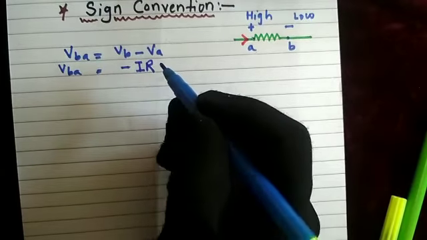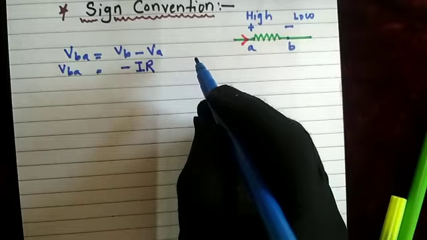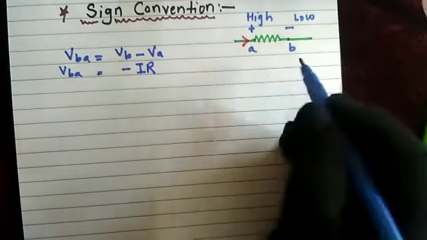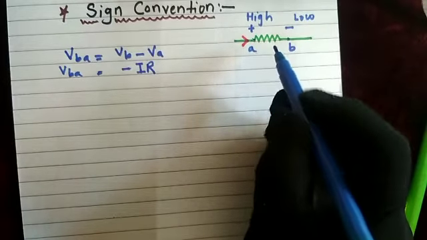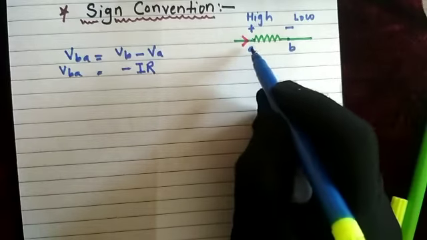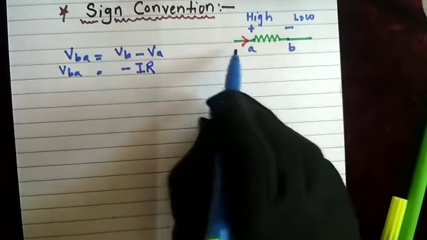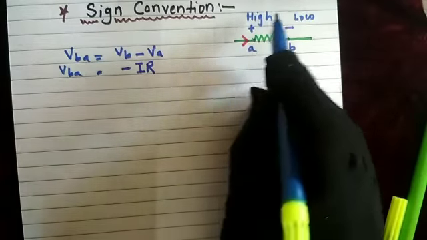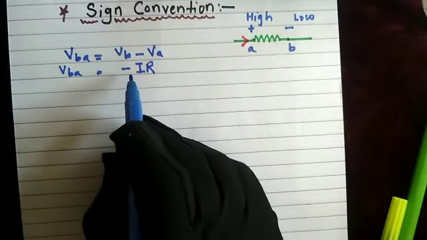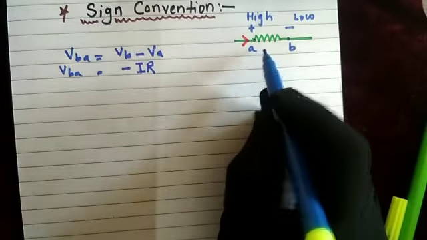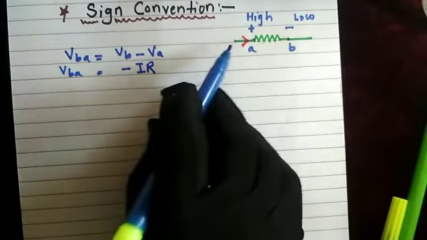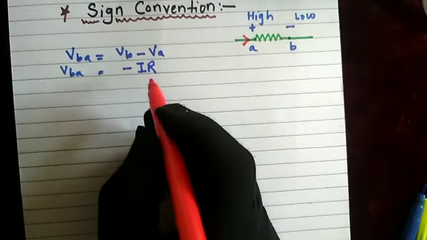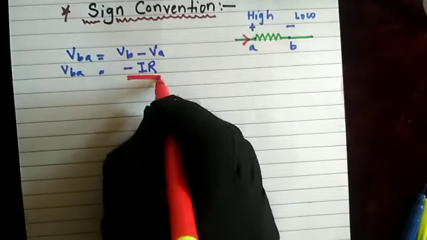So the sign convention for Kirchhoff's voltage law is: while tracing a loop through a resistor, if we are traveling along the direction of conventional current, here A to B is our tracing direction and we are going along the direction of conventional current, then the potential across that resistor is considered negative. We have already seen why it is negative. So the potential difference will be negative if we are traveling along the direction of the current.